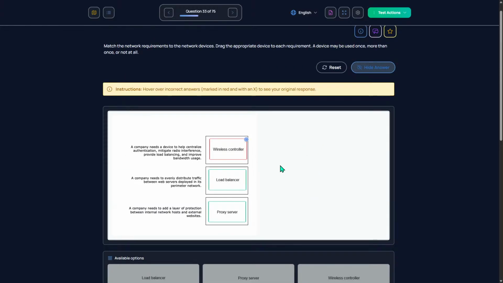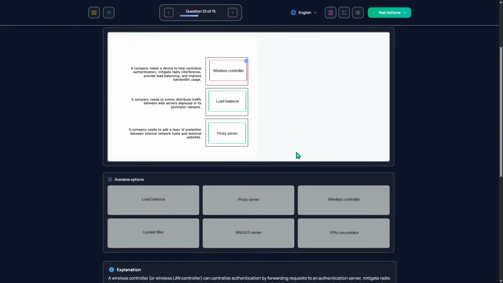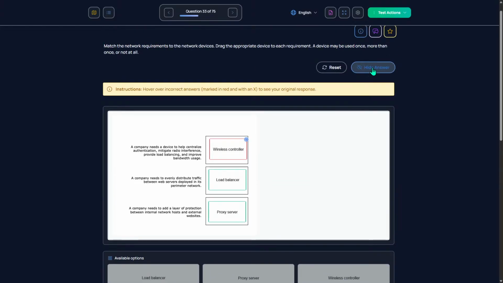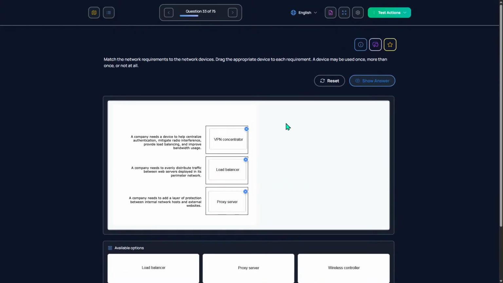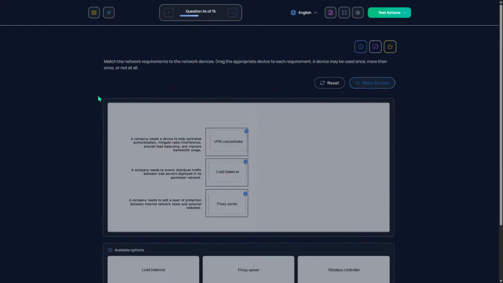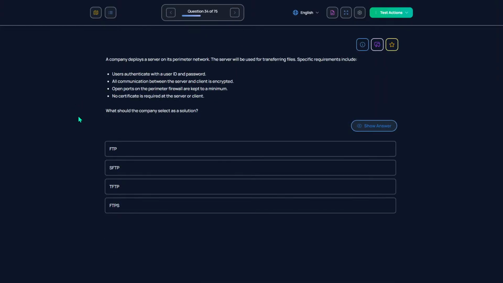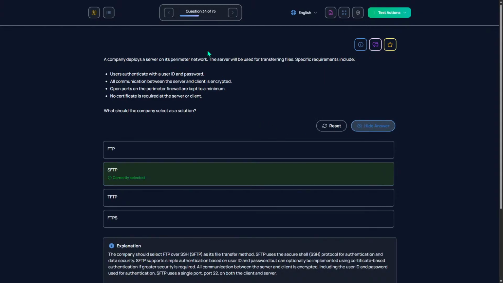No, I got the top one wrong. Wireless controller. Oh yeah. Oh, I was close on that one. Should be secure FTP.